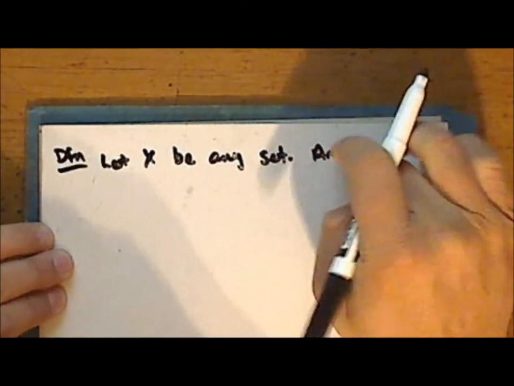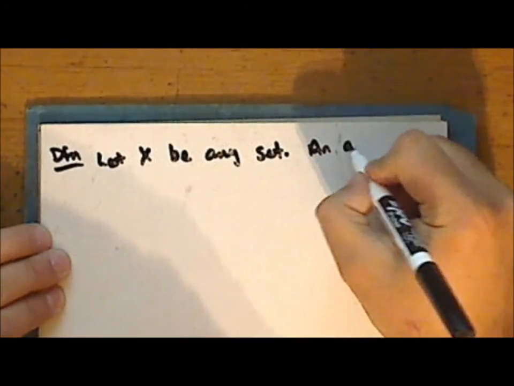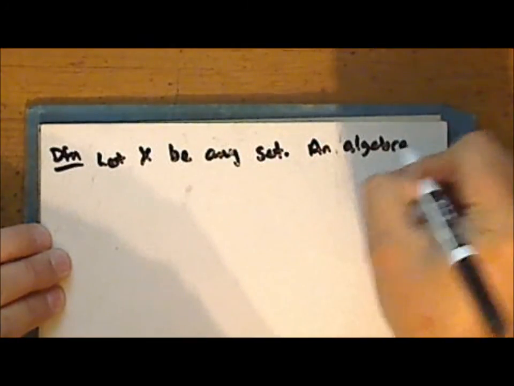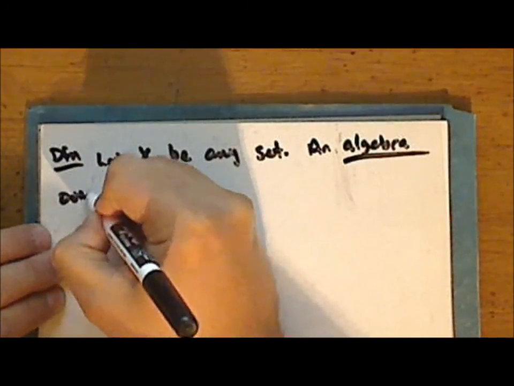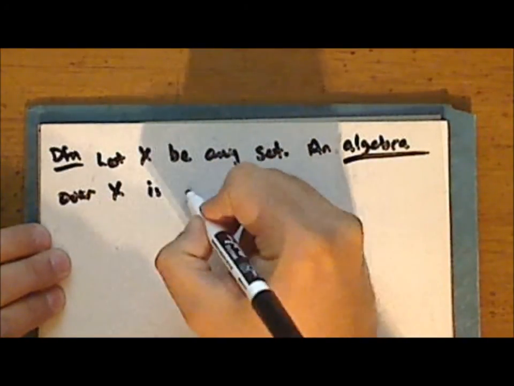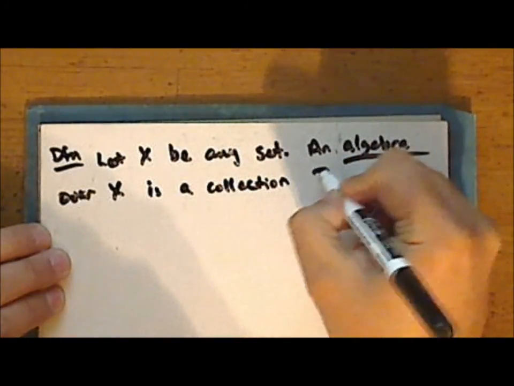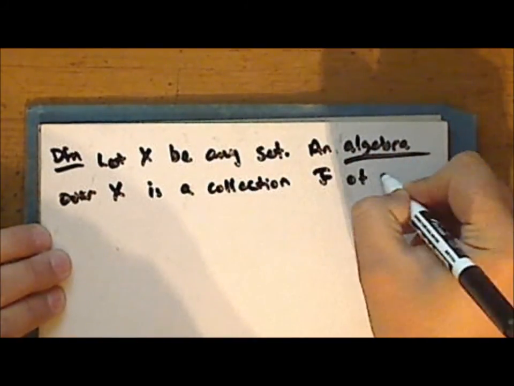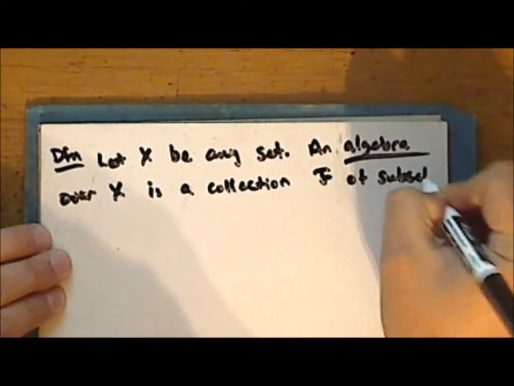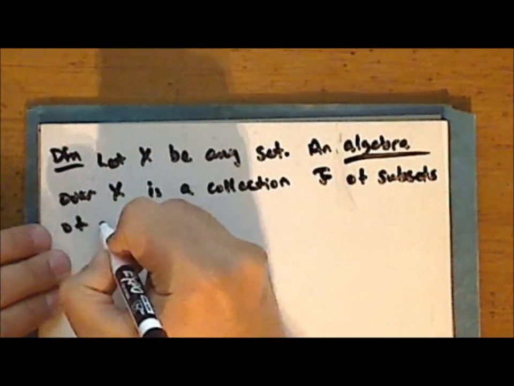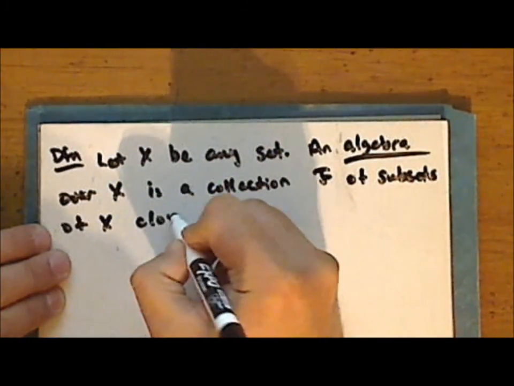An algebra over the set X is a collection F of subsets of the set X that is closed